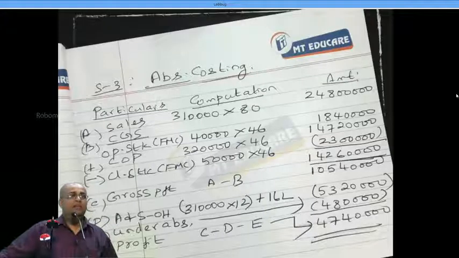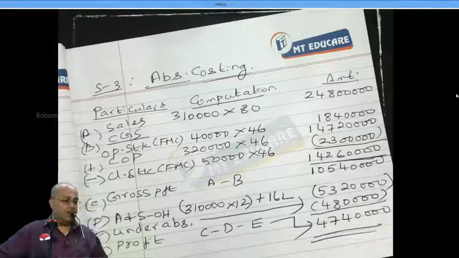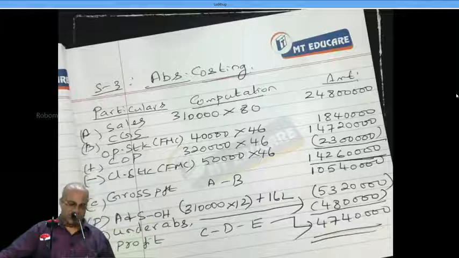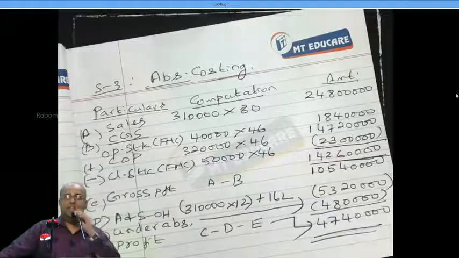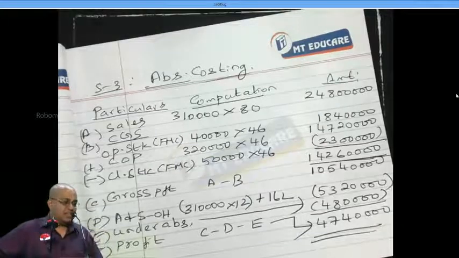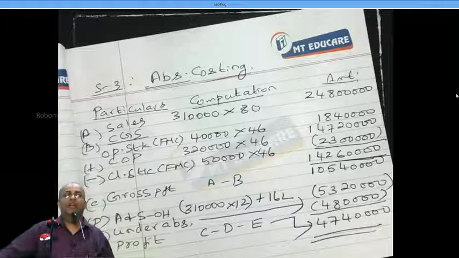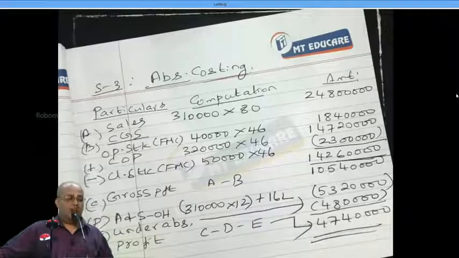Step 1. Fixed cost inside net stock. Underline that. Can I proceed or not? No. Write down. Opening stock is equal to